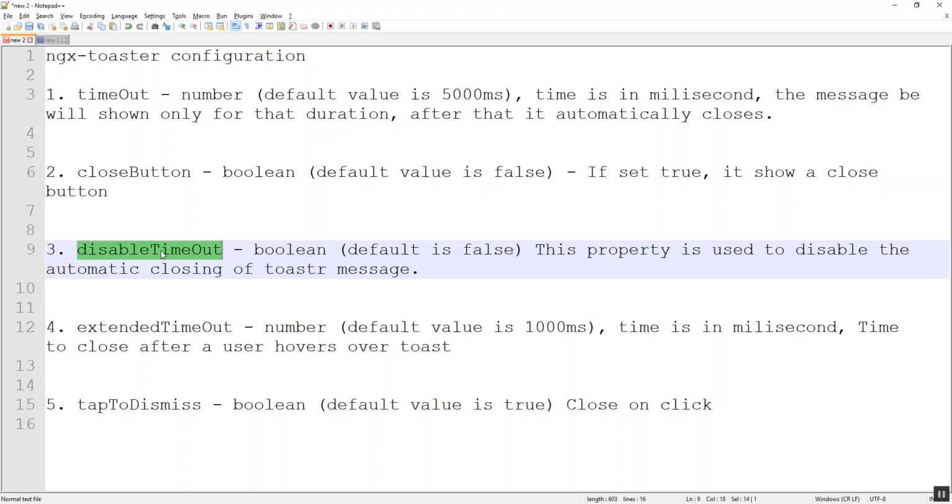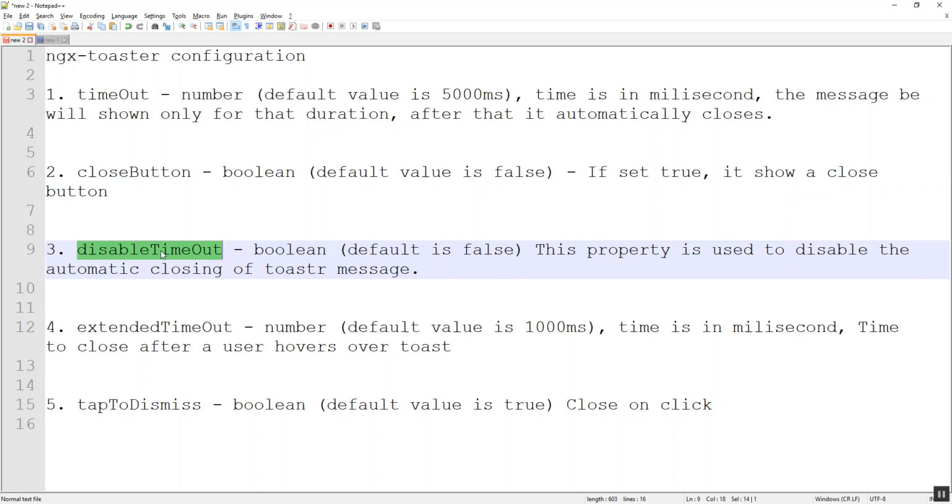If we have given a timeout of 5000 milliseconds, then it will close automatically after that. But if we turn this to true, then that automatic closing of the message won't be there. There may be scenarios where we don't need the message to get closed automatically. In that case, we can make use of this property.